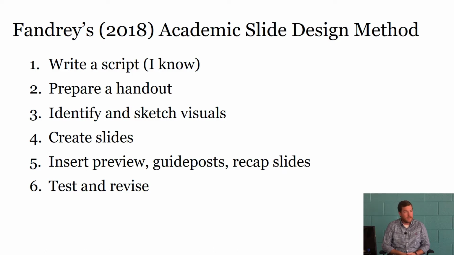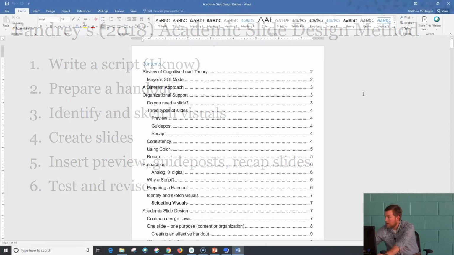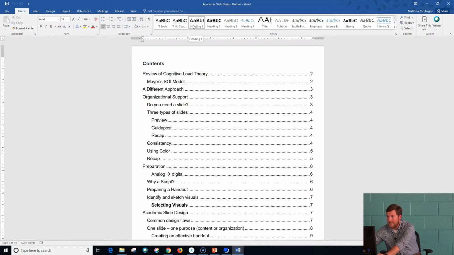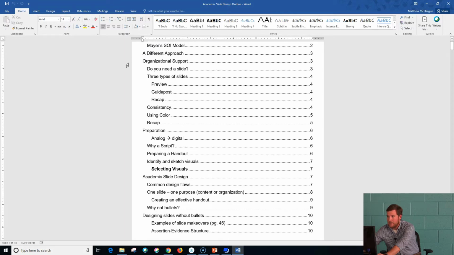I don't usually end up using it for the most part for these type presentations. My script turns into more of an outline with lots of headings and subheadings, and then maybe some little anecdotal evidence type stuff over in the margins or something. Actually, I'll just show y'all what my script looks like. The other thing is with using Word, if you get used to using headings and subheadings, then this little table